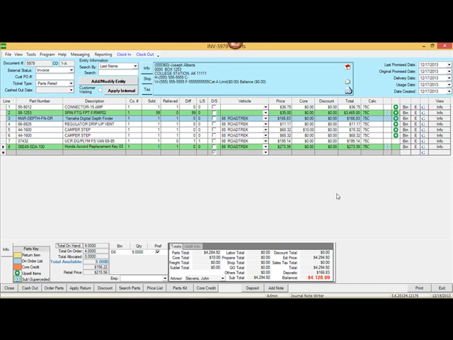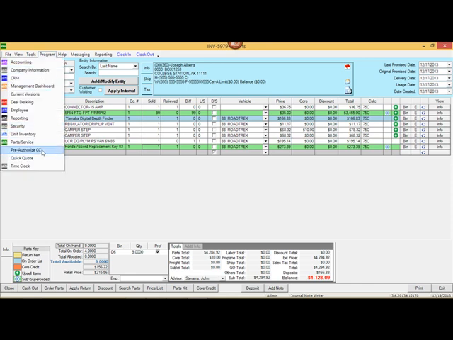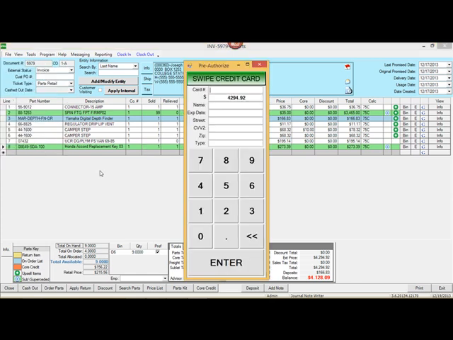Many times you will want to pre-authorize a credit card for a charge that you're possibly going to ship or put a quote together for. You can do that by going to the Program menu and clicking Pre-authorize Credit Card. At that point, the system will then ask you to swipe the credit card. It will send out an authorization request and return as to whether or not the amount has been locked up